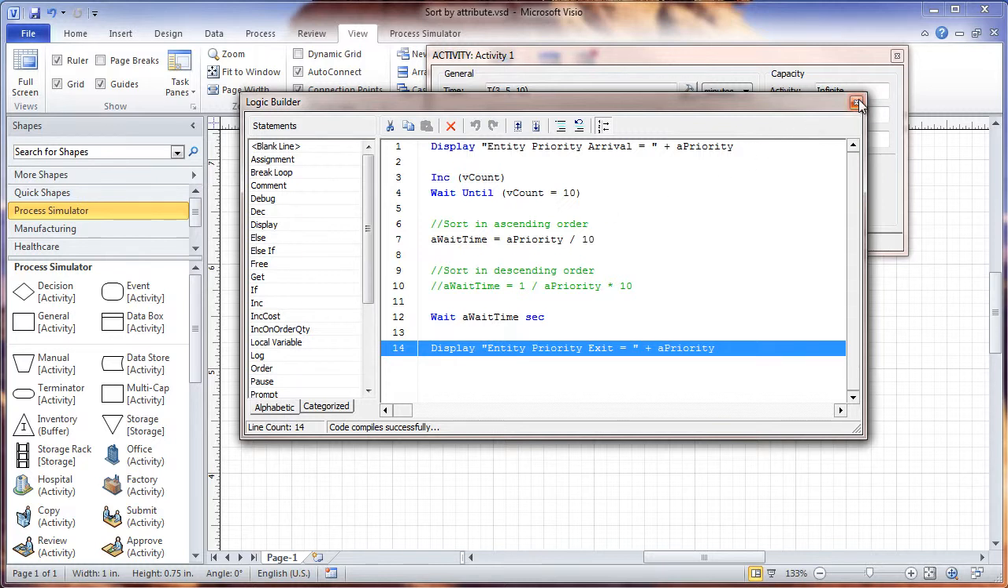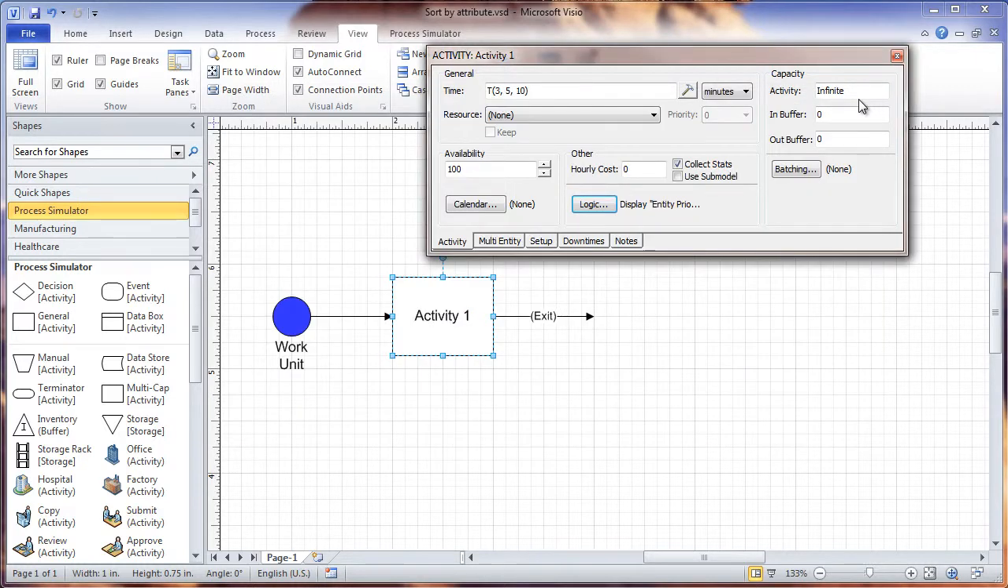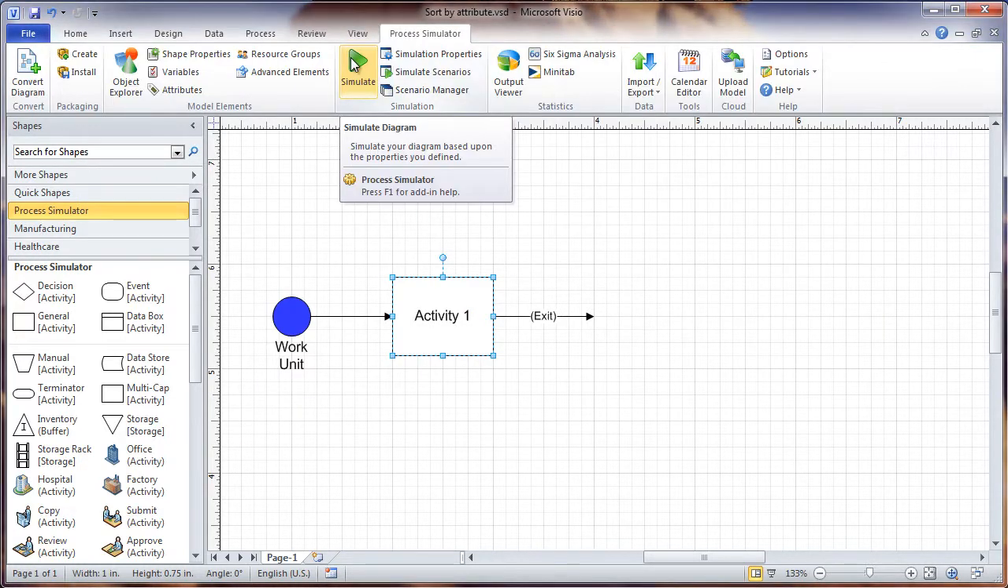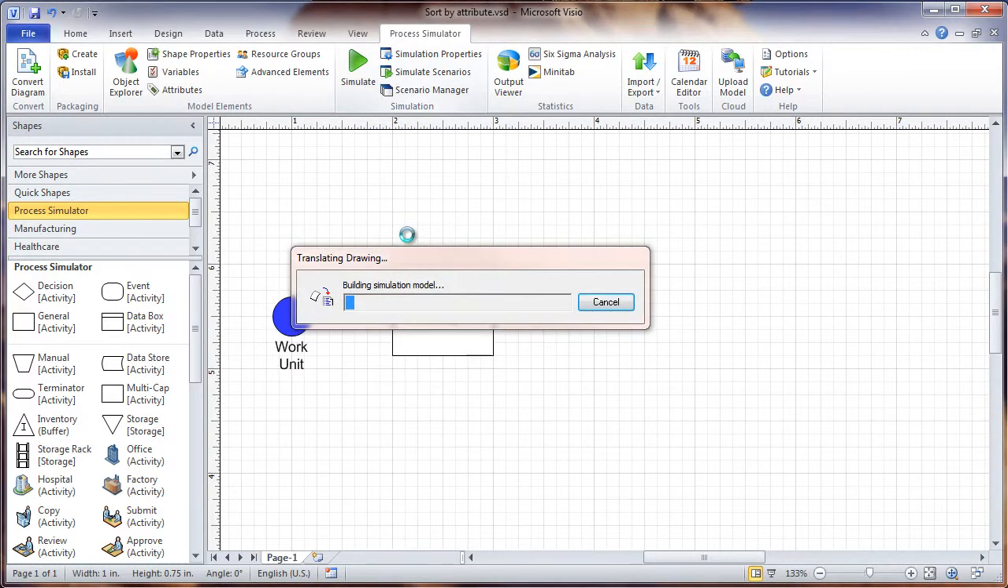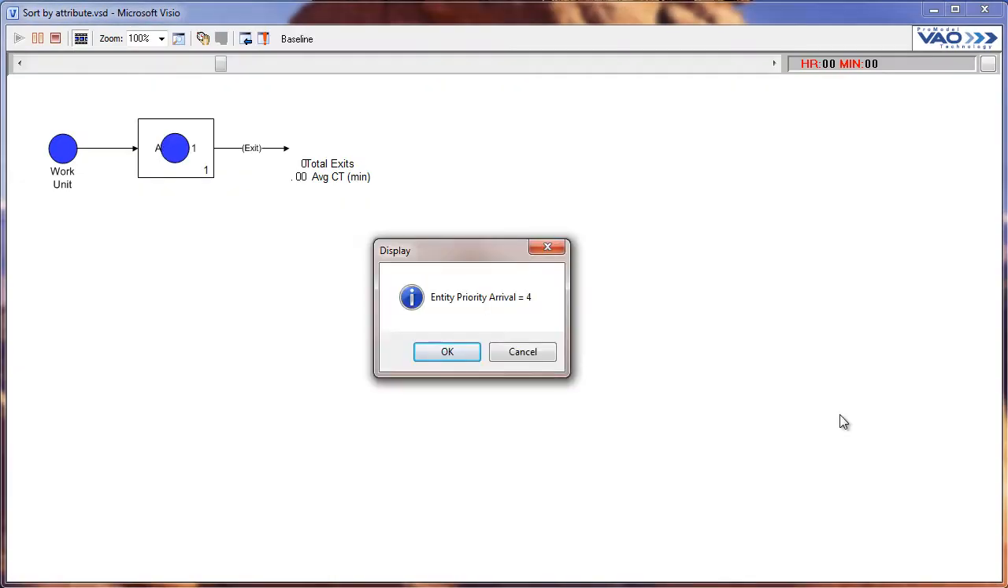Now we'll exit out of this logic builder and we'll exit out of our activity 1 properties, and then we'll go to simulate this model. And as you can see right away, our display statement comes up and tells us that the first entity coming into activity 1 has a priority level of 4. And if we continue to click through 10 times,